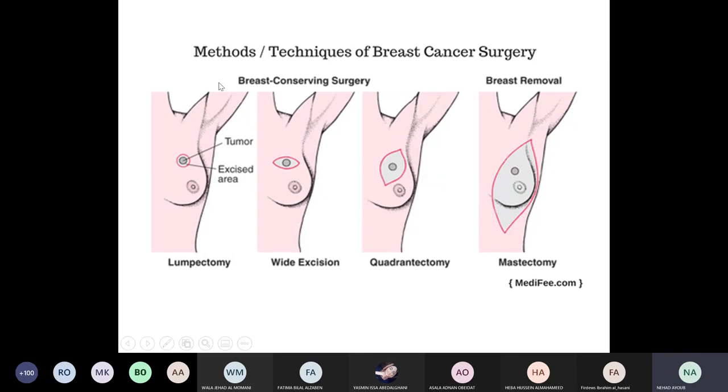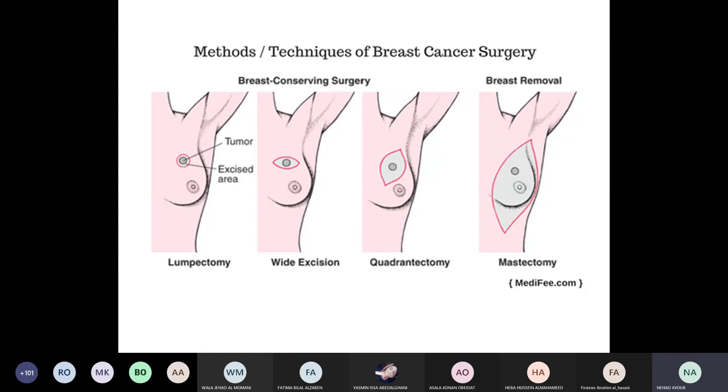So in breast conserving surgery, okay, we are removing the tumor and sometimes we also remove part of the lymph nodes, the axillary ones, which we will talk about shortly. But we are not removing the whole breast mass or breast tissue. We are still keeping the breast tissue. So this is what we call breast conserving surgery. So when I tell you that this patient, Mrs. X, is 60 years old and had stage 2 disease and underwent breast conserving surgery,